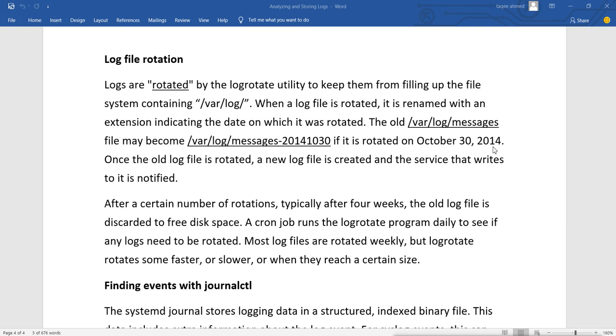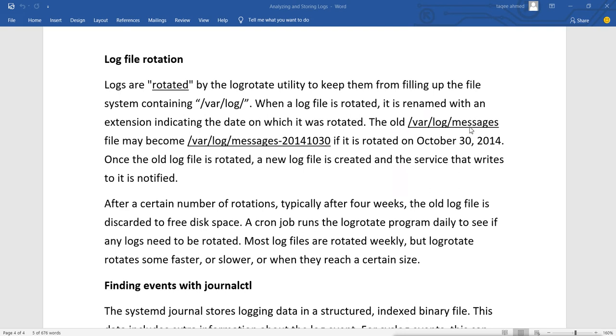Once the old log file is rotated, a new log file is created and the service that writes to it is notified. That means it rotates the old log file which has reached some criteria of time or size, and then it will create a new messages file, and the service will be notified that it has to now log into this file.